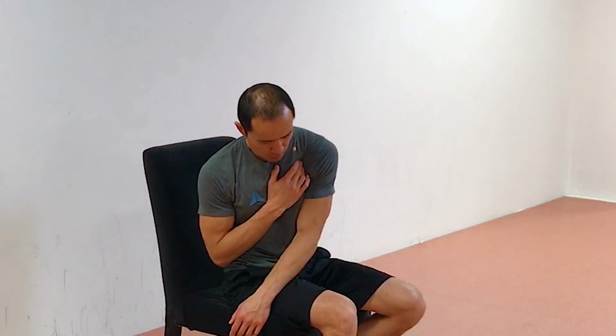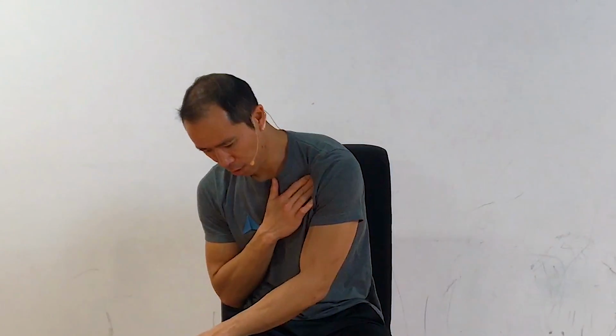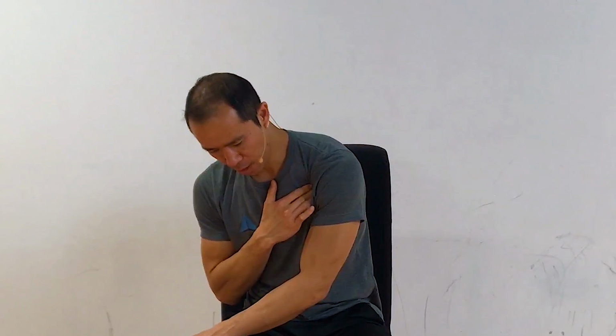Palm down, slouched over a little bit. Get up tall and lift the arm. Go into horizontal extension and external rotation of the shoulder while you're sliding the finger down. Every time you reset, go to the start position. Find a spot to start, change it up, so you're working different areas, and then open up, sliding the finger